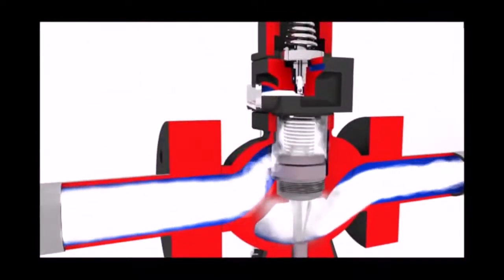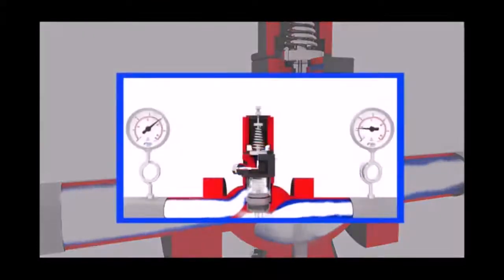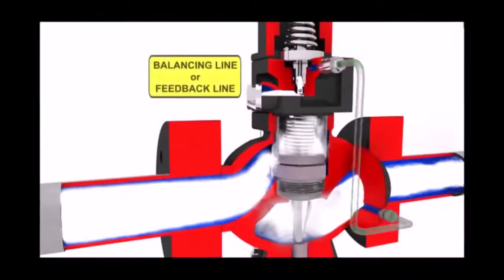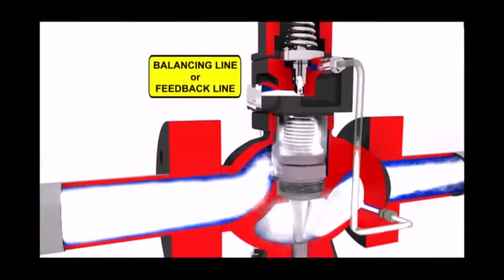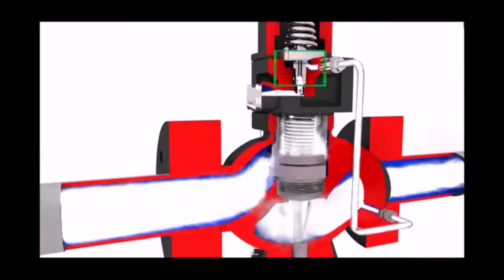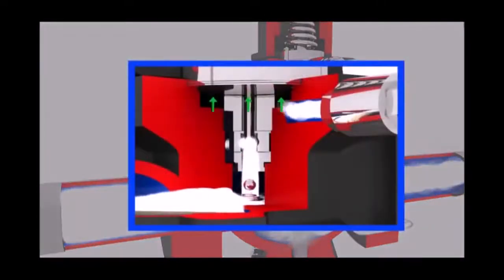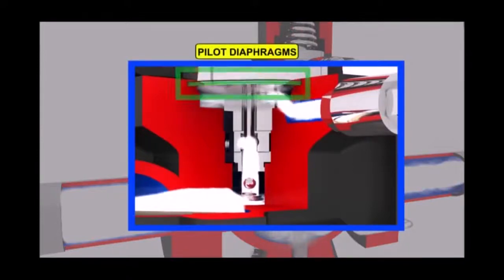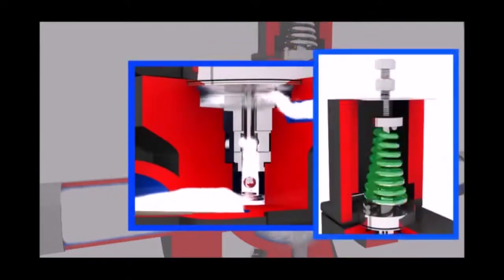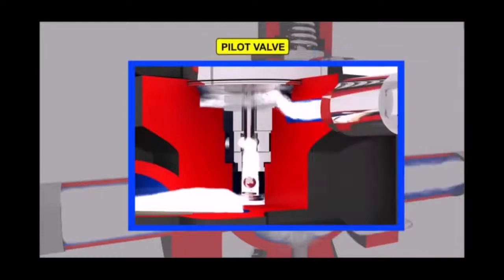Steam flow through the main valve increases the downstream pressure. The downstream pressure acts through the balancing or feedback line below the pilot diaphragms. When the upward pressure of feedback steam on the diaphragm balances the downward force of the spring, the pilot valve